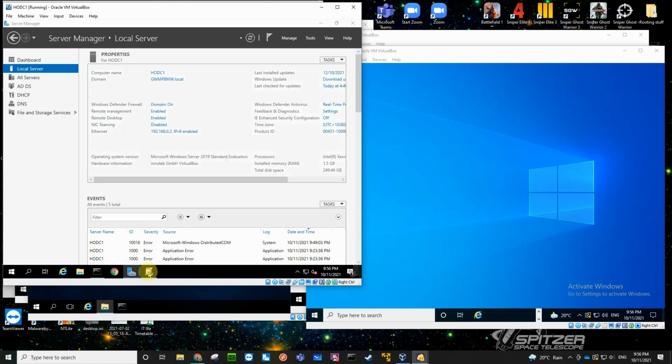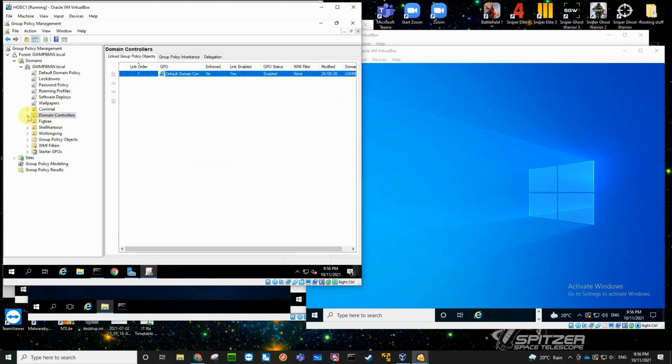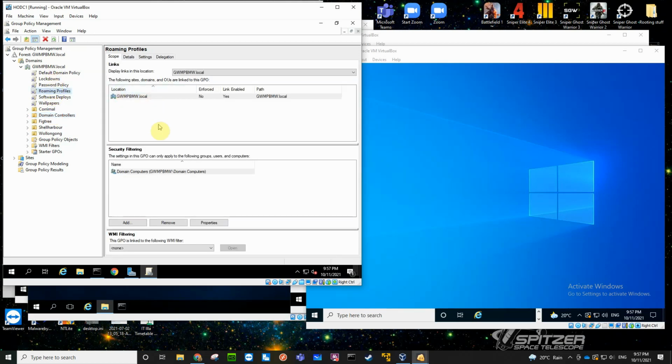And when you're in the policy here, you can actually see there's a specific policy for domain controllers. Okay, default domain controllers policy, rather than just everyone. So you can have a specific policy for domain controllers. Okay, so we've created a roaming profile and we've put all the domain computers rather than the domain controllers, so it's just domain computers, but we want to include